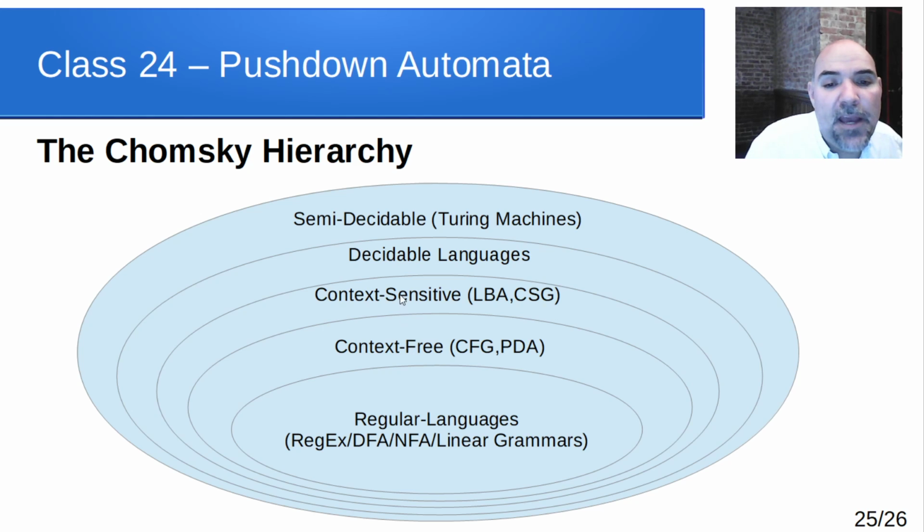It turns out that we have something outside of that too. We have context-sensitive languages, which are context-sensitive grammars. In other words, grammars where you can have context determine what happens next. In other words, you can have more than just a single variable on the left-hand side of a production. And notice there's also a thing called a linear bounded automaton that can handle those. We don't have time in this semester to cover these.